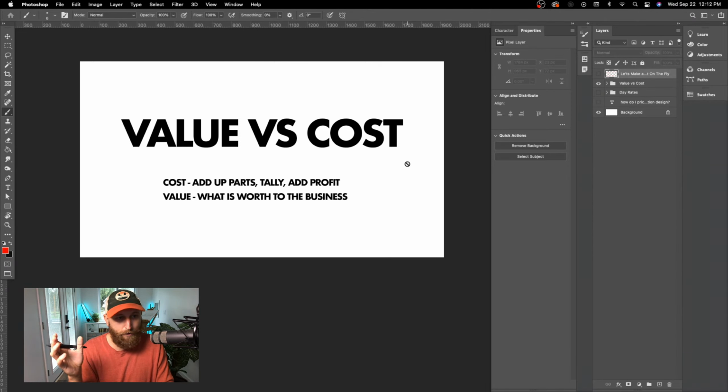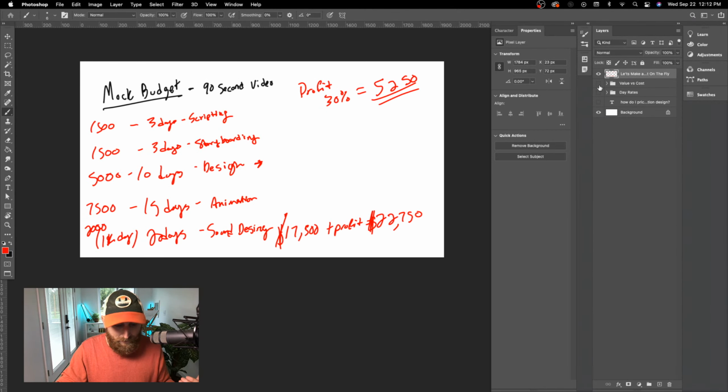So it's exceptionally valuable. When it comes to a piece of media, a video, an advertisement, obviously some things are more valuable than others. If you're doing a television ad that is going to be seen by millions of people, then maybe doing my simple, cost-based budget is not the way to go, right? Maybe you're saying, look, this is going to grow the revenue of your company potentially by millions of dollars. We're going to create this amazing media that's going to be so valuable for you that I can't just do a cost-based model. So I do think there is that opportunity to have those discussions around the value of the media.